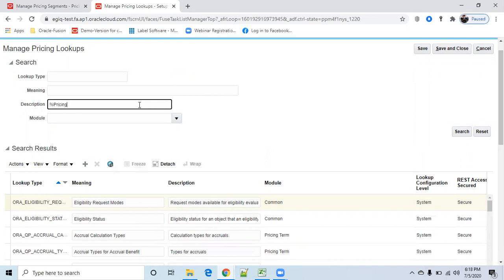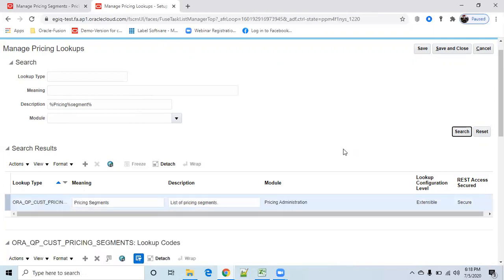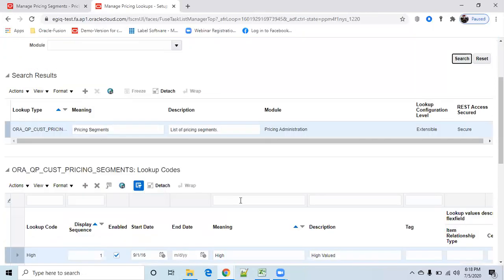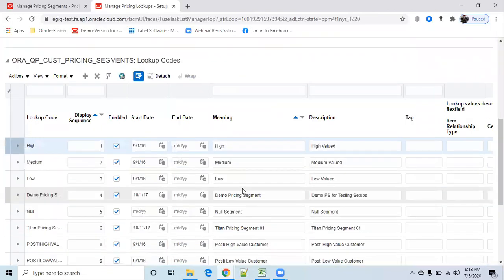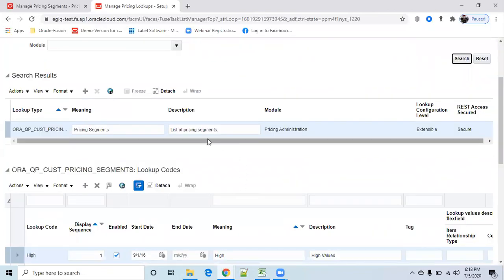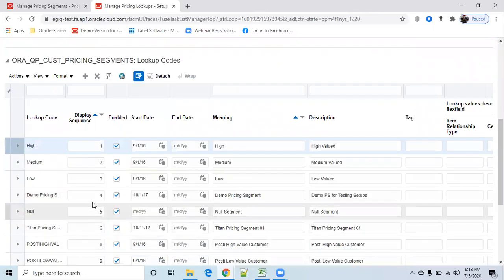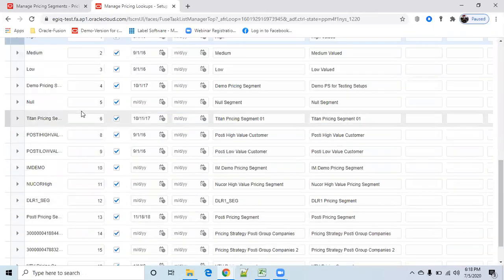Click on search. This is the pricing segments lookup, so this is the lookup code pricing segments. Here these values are showing.